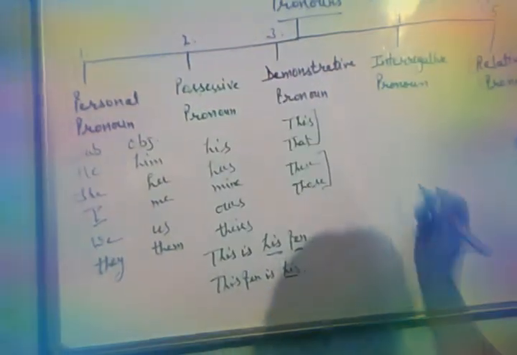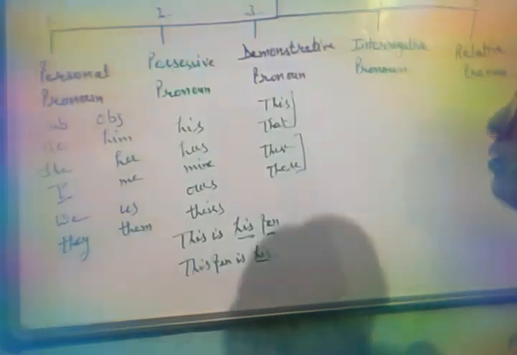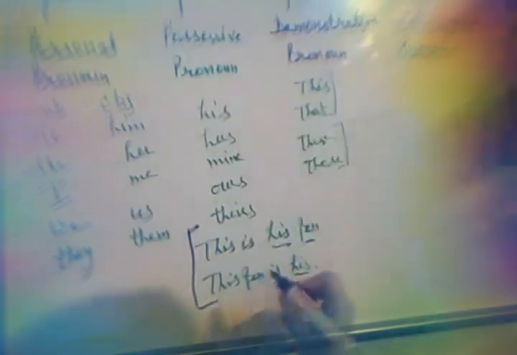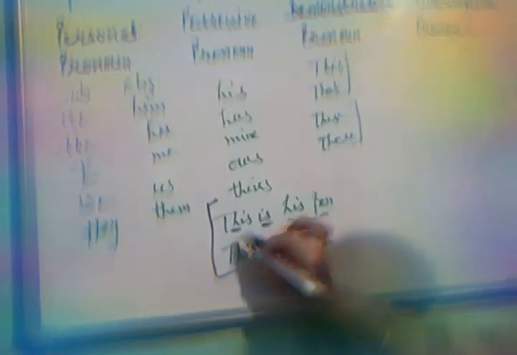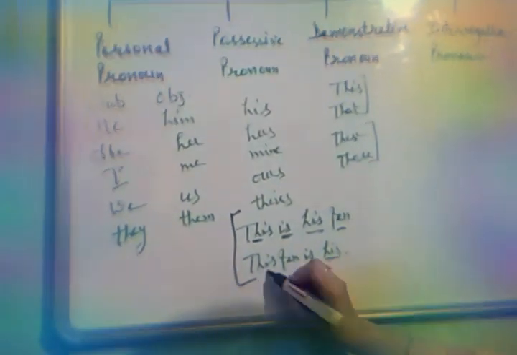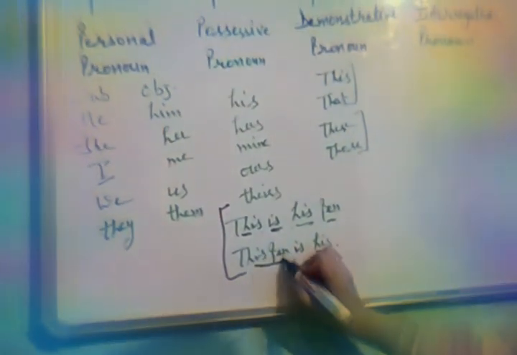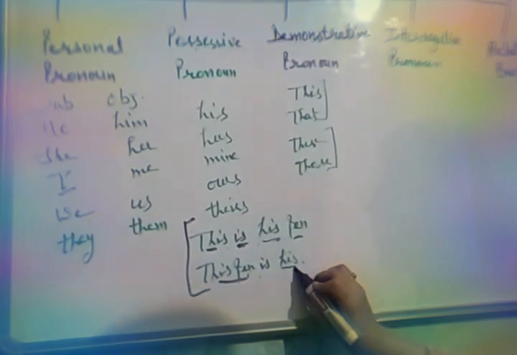Here also we have to be very careful, as these words can be used as adjectives also. Take these two examples. This is his pen. Here this is followed by a helping verb, so this is used as a pronoun. But, this pen is his. In this sentence, this is followed by pen. Pen is a noun, so it is used as an adjective, not a pronoun. Pronouns are always followed by a helping verb. They will not be followed by any noun, or they will be used at last.